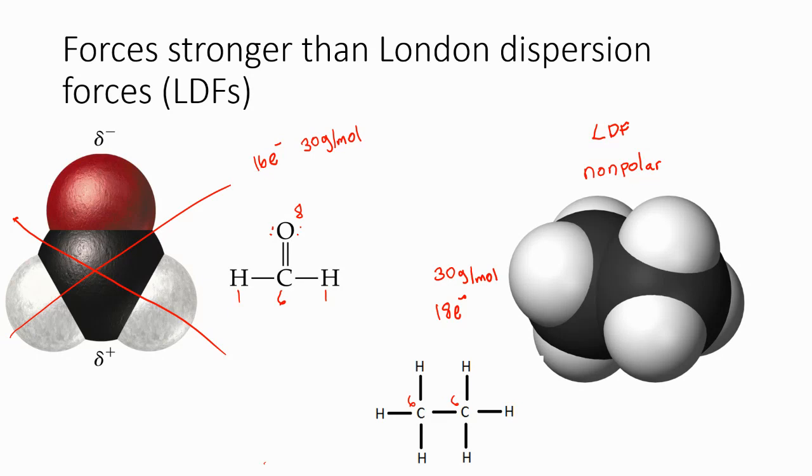And because of that, we would say the partial negative charge resides on that side of the oxygen, and that the partial positive charge resides elsewhere. I usually just say it resides near the other atoms. And so we would say in this case that it resides near the two H's and the carbon. Okay? This is permanent. Whereas with the nonpolar C2H6 molecule, you can get LDFs, but remember those are temporary and